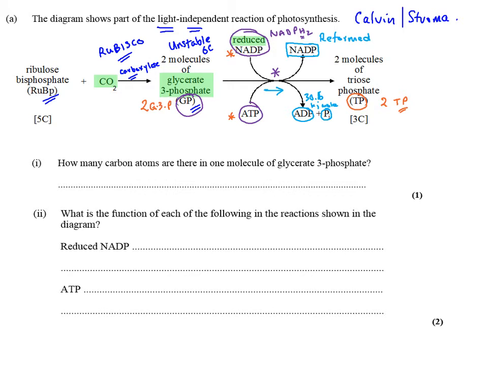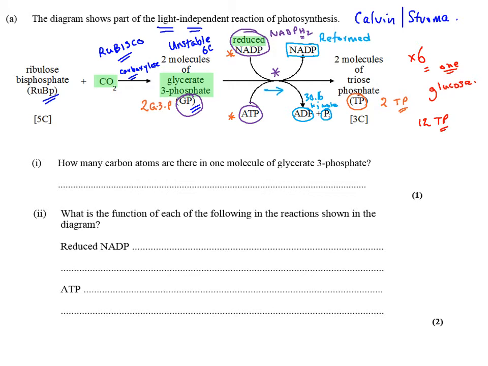Now, this is just annotating the information we're given. It doesn't take long if we've learnt the information to do that. Now, one thing we could also add here is that we know the Calvin cycle must go around 6 times in order to make 1 glucose molecule. So if we have 6 Calvin cycles, we'd actually end up with 12 triose phosphate, because 2 TP come from 1 Calvin cycle. So we've got 6 cycles, we get 12 TP.